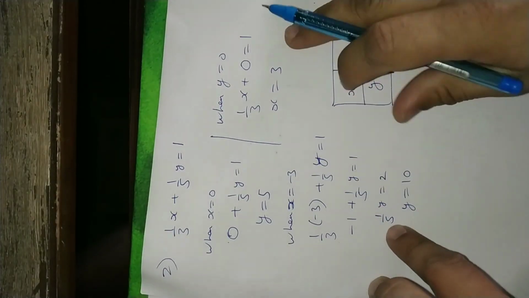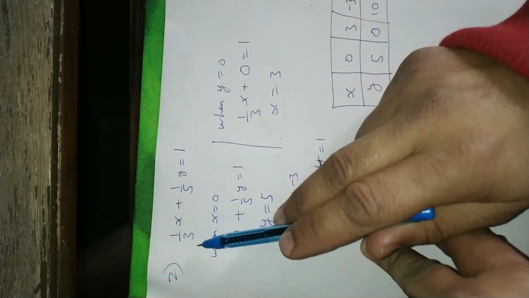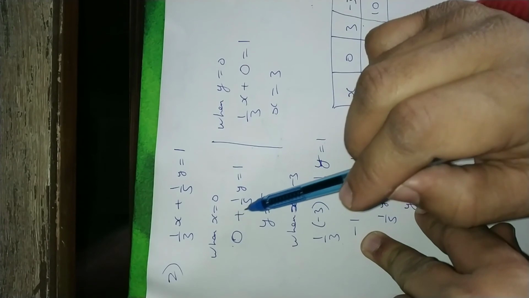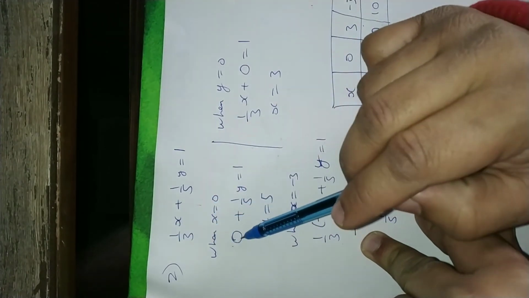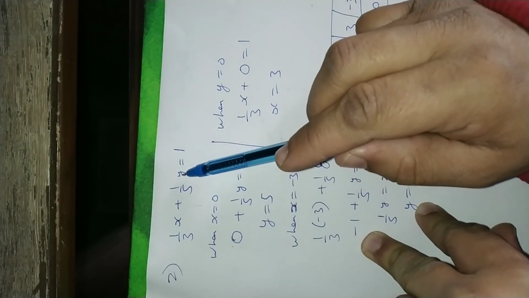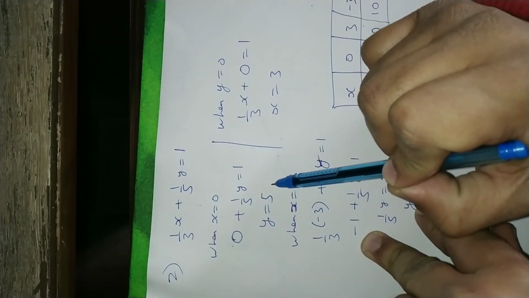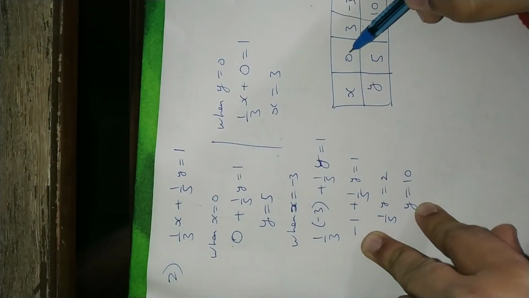For the first equation we will put x equal to 0, for the second y equal to 0, then we will find the value of x and y. Okay, so in the second question, this is your required line. First we will put x is equal to 0. When x is 0, this whole term will become 0, plus 1 by 5 y is equal to 1. From here we have calculated the value of y is 5. So our required point is (0, 5).